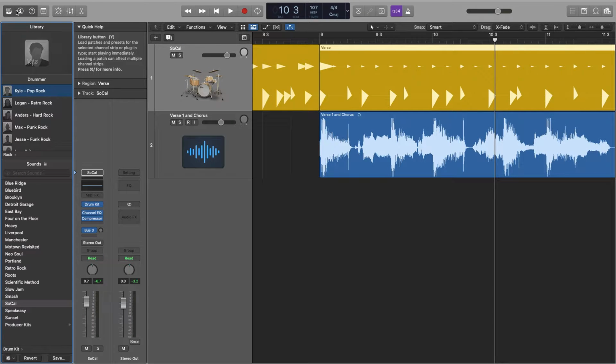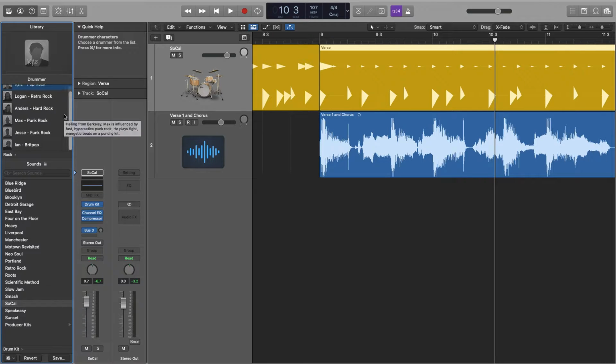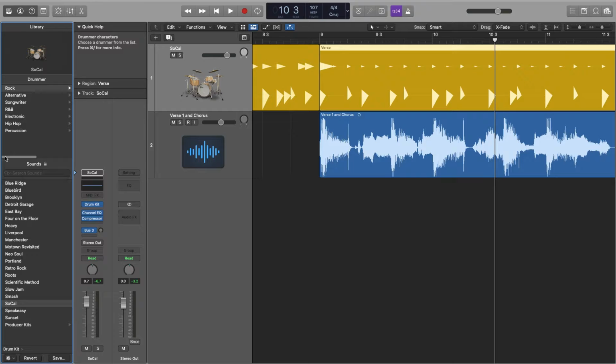So let's go over to tools, or library. I tend to call things whatever I want, so sometimes it doesn't make sense, but you can see my mouse is on library right here. Now we can go down: retro rock, hard rock, and so on. So you can click what type of rock. Maybe it's songwriter, right? What does that mean? It's kind of a